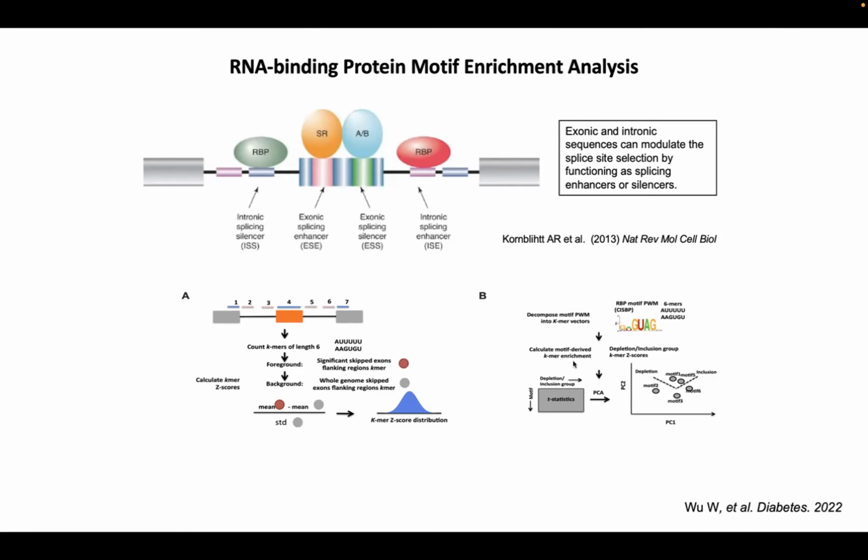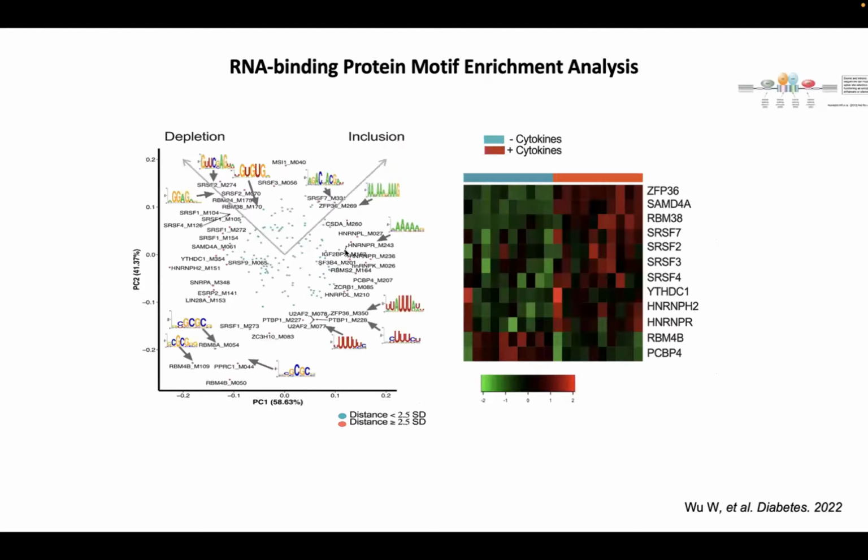And then we divide those chimeric motifs into two directions for splicing, exon depletion and exon inclusion, followed by the PCA analysis. So this is the result of this analysis. Those two vectors are the vectors for the PCA, and each dot here represents the motif for each RBP,